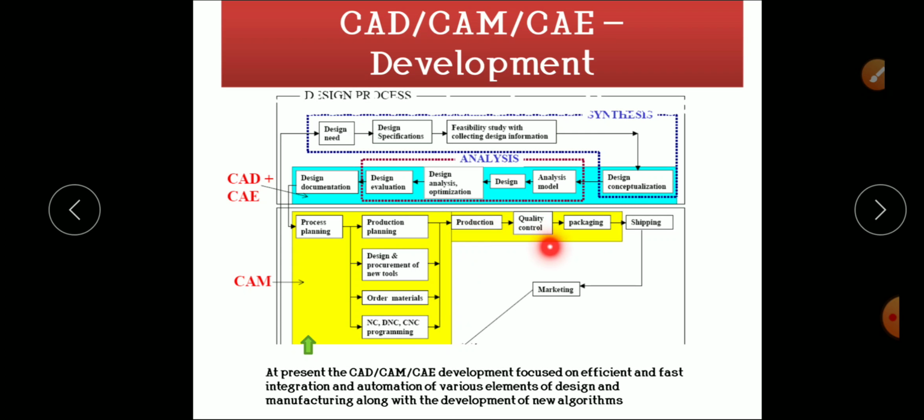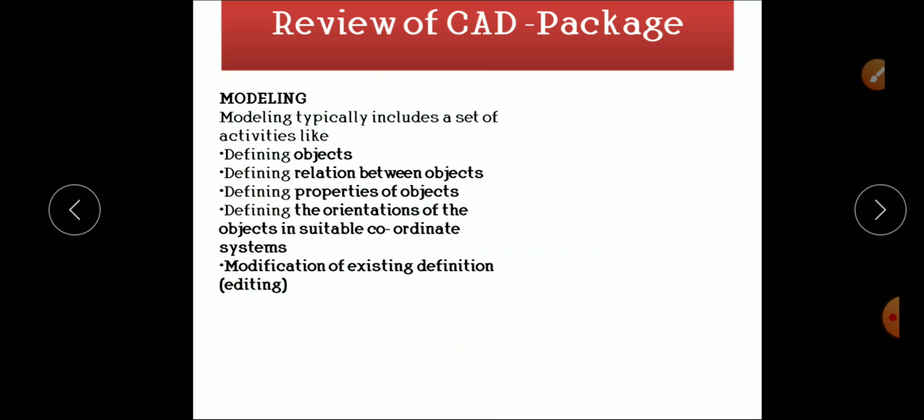We can control the quality and packaging, and we can dispatch the component or product, or we can launch the product in the market. So this is the CAD CAM CAE development slide.